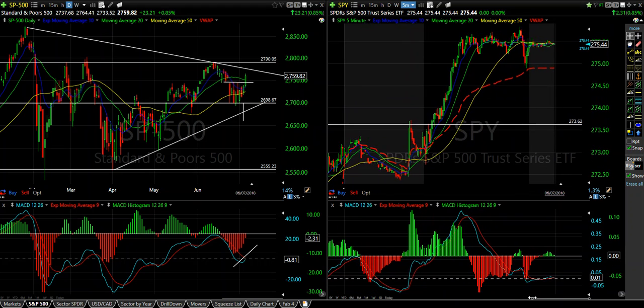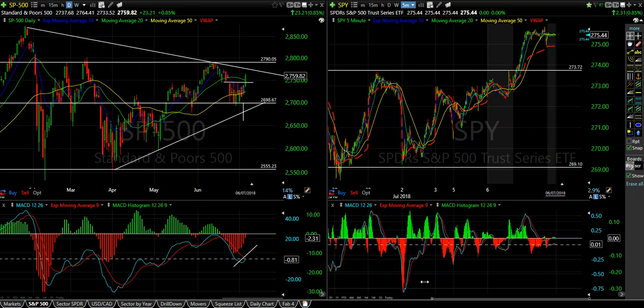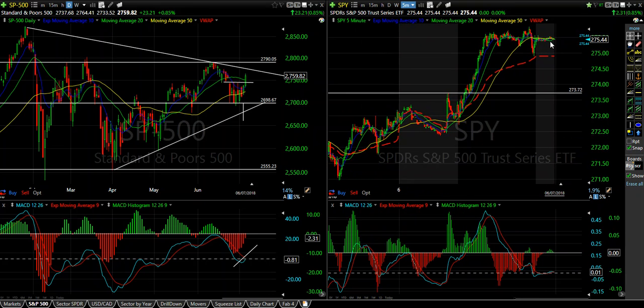If we look at this 5-minute chart, just to break things down a little bit lower, this is on the SPY, but you can see that there was a very, very long, boring range. And like I said, price action was just ebbing and flowing between structured resistance and structured support. It started to move a little bit higher, and then today was the day where it took out that range and closed higher, and now we're beautifully flagging, which could potentially take us higher next week, taking out that trendline resistance area